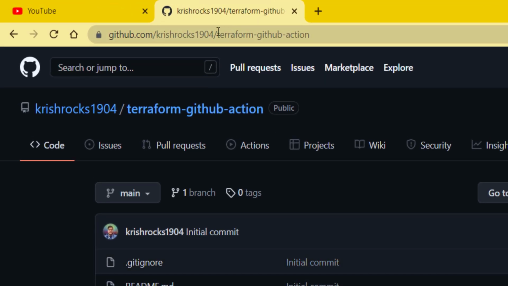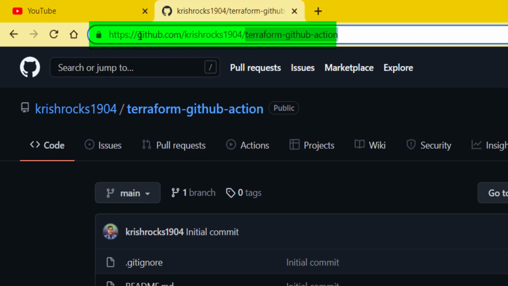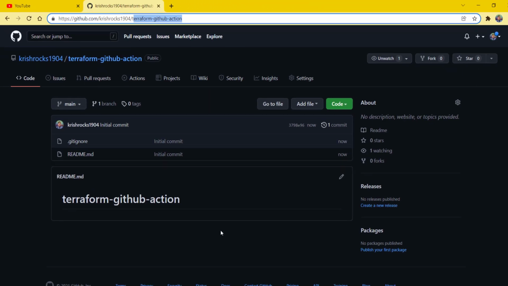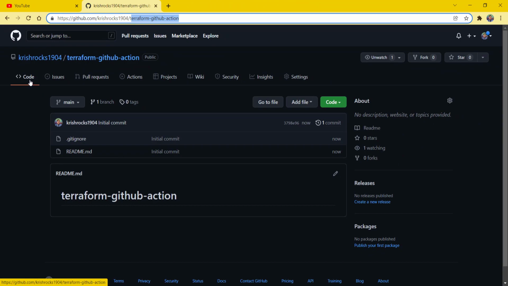So this is the repository URL. As you can see here, github.com, the name of my organization and the name of the repository which I have created. This is the code or the main section, which you can find on the Code tab. So any source code file which you add here will show. And here is the settings section. Here is the project which you can link to this particular repository.